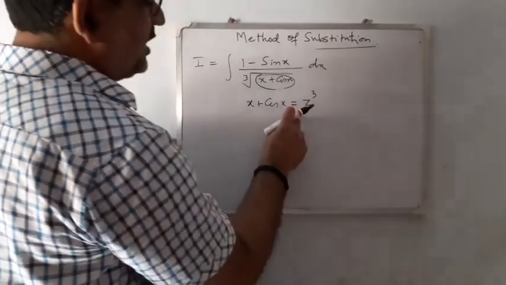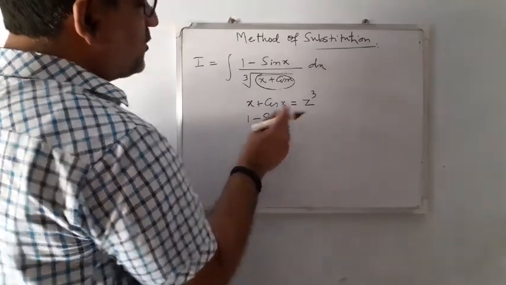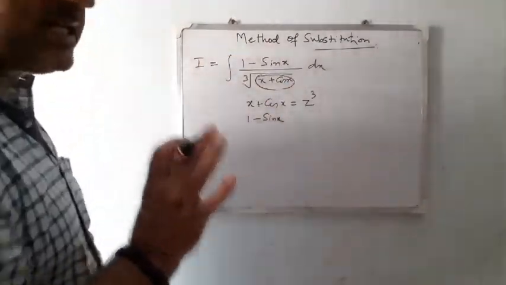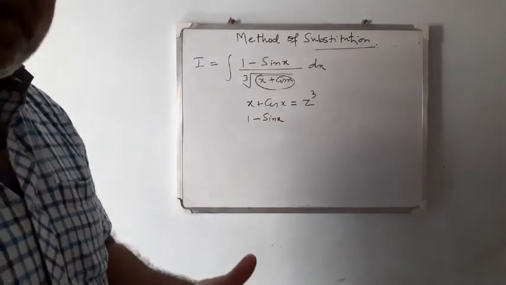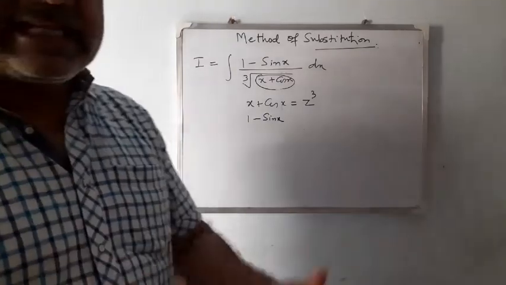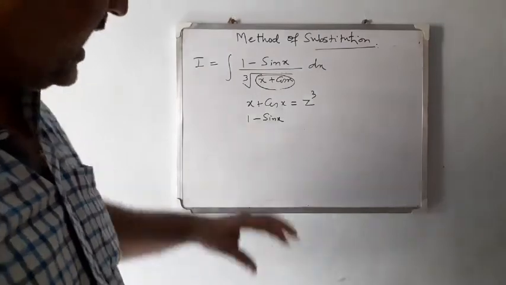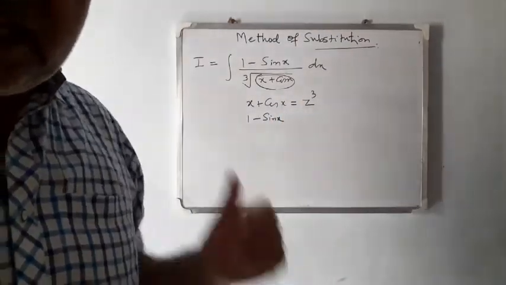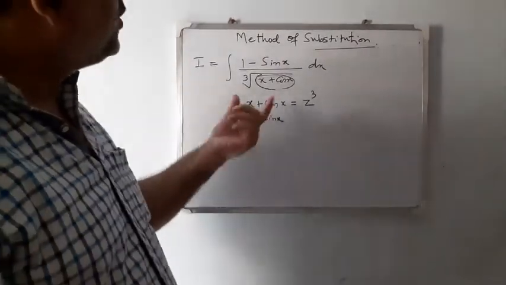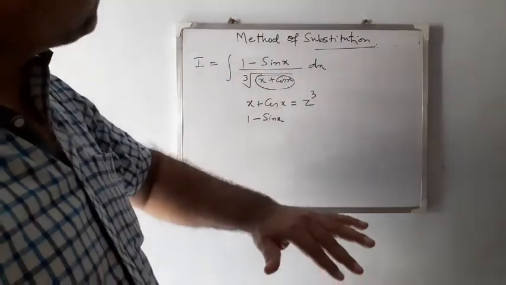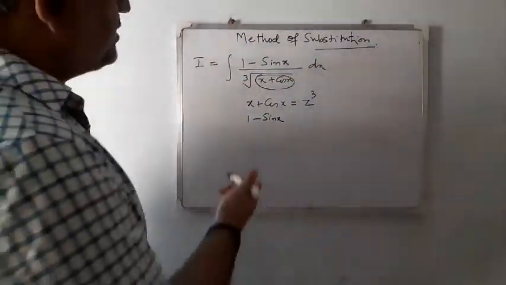Now try to differentiate it. Differentiation of x is 1. Differentiation of cos x is minus sin x. Now you observe this 1 minus sin x appears in the numerator, which will appear here after differentiation. That is the main chess game in integration. Integration is just like a chess game. You have to think about your next step in your mind, and you have to assume as per your problem. So your first attempt should be such that it provides you the remaining functions in terms of z also.